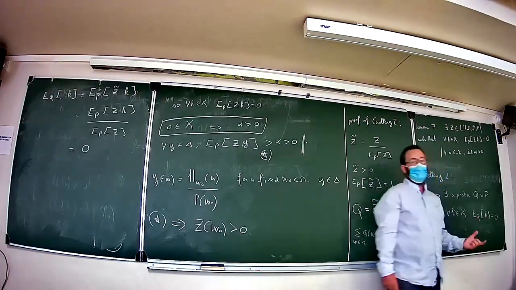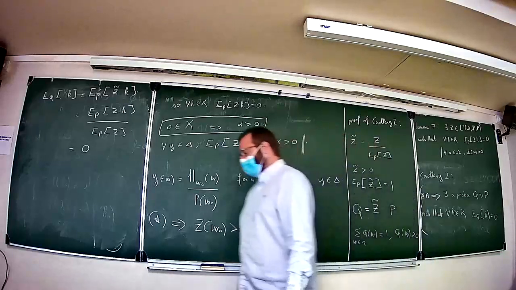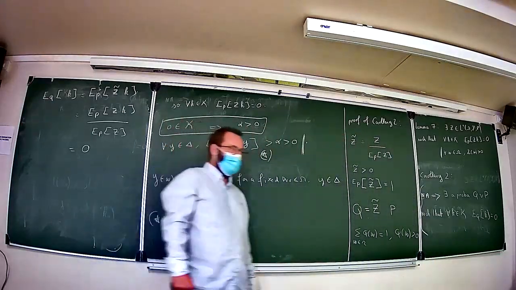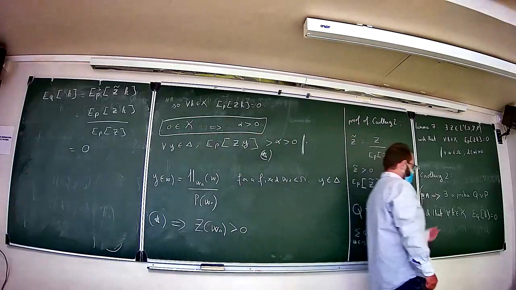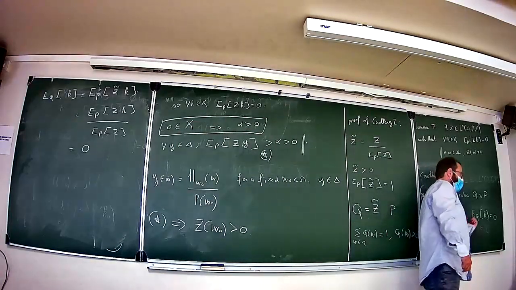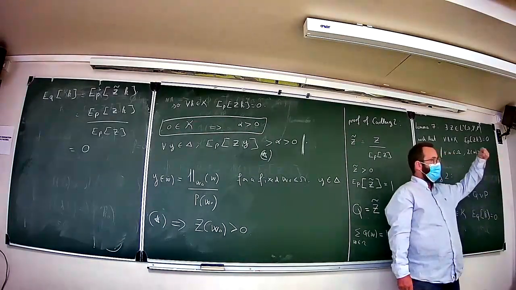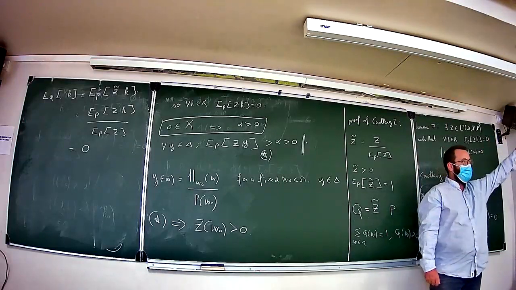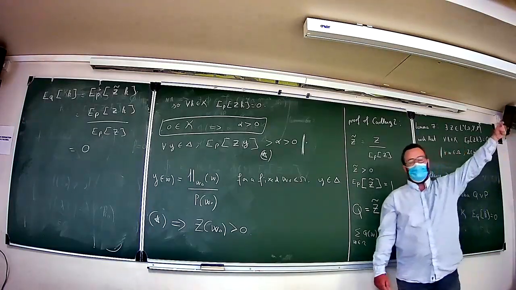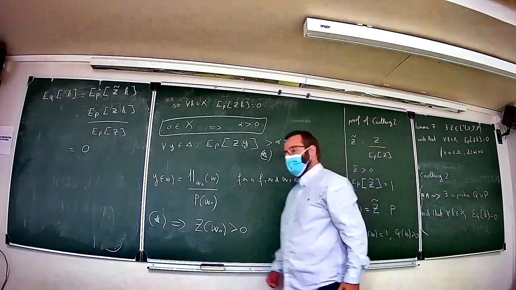And we are going to use the definition of calligraphic K in order to prove this. Keep in mind that calligraphic K is what? It's the set of the final values, or discounted final values, of self-financing strategies